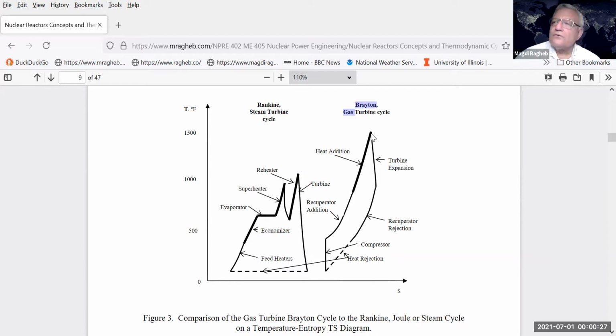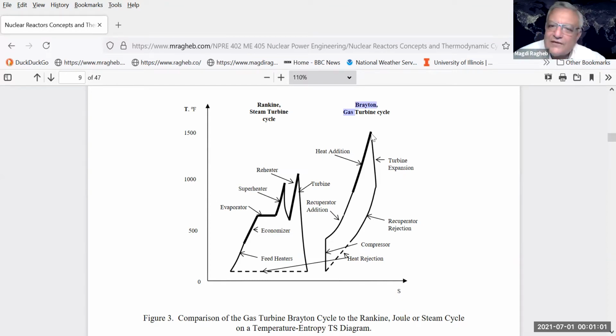And also you can use thermochemical processes or high temperature electrolysis to produce hydrogen, which is contemplated as a future energy carrier or energy storage medium for future transportation systems. So when we are going to run out of the fossil fuels, that would be nuclear energy, wind energy, geothermal energy, hydroelectric